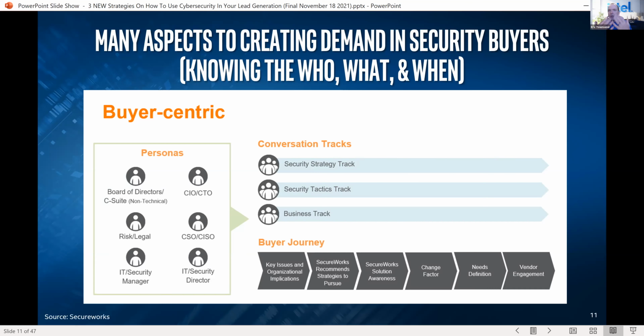And once again, in our space from an SMB, the CISO and CTO may be the same, may be different, right? You've got the IT security director, you've got the manager, what's happening out there, you've got legal, you have all these different people that are in place. So when we're doing demand gen, and I'm gonna tell you later, we're gonna go find some of these people and do conversations with them. It's not just one person.